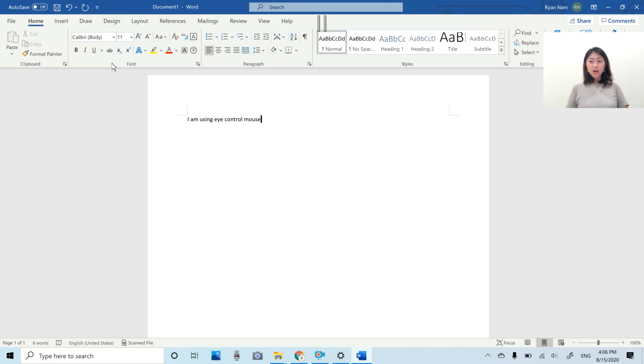And I already used this pause button. So if I look at the pause button, it pauses the whole action until I look at it again to reactivate it. So if I need to watch something or I don't want my eye movement to accidentally select the button, I can just have it paused and then read something on the screen, and once I'm ready to use it, I can look at that pause button again to open up the control panel.